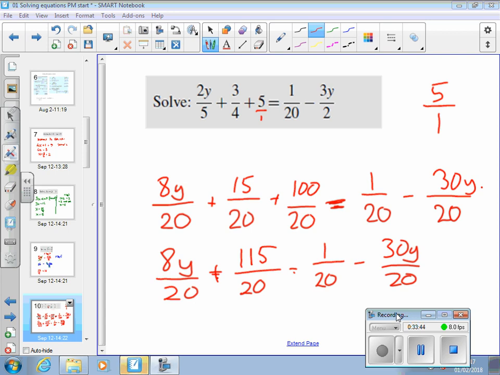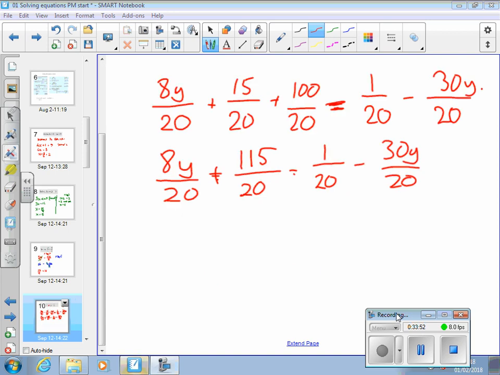Okay, now, you could do that, right? But what I'd recommend is, because this is minus 30y over 20 on this side, add that to the other side, and take these two over here. Because then you're going to end up with a negative so many y. Yep. So if we add 30y over 20 to this side,